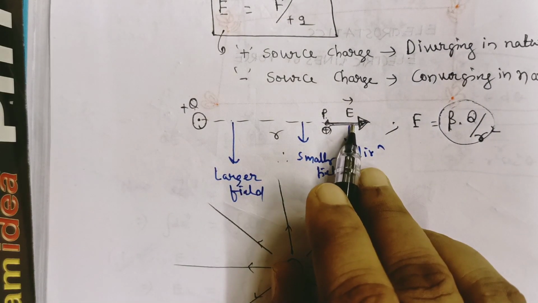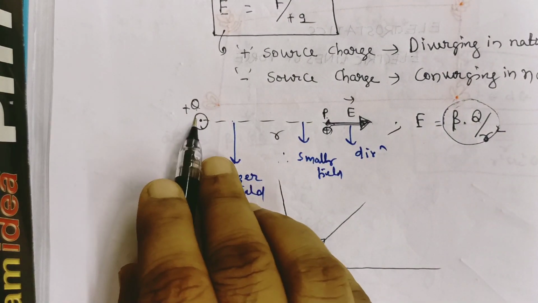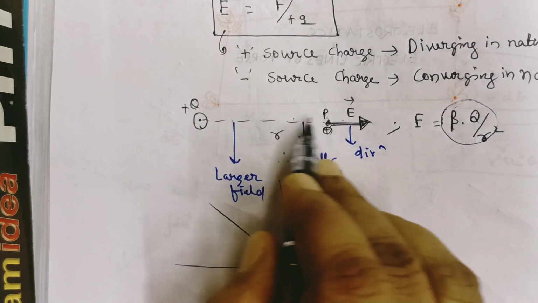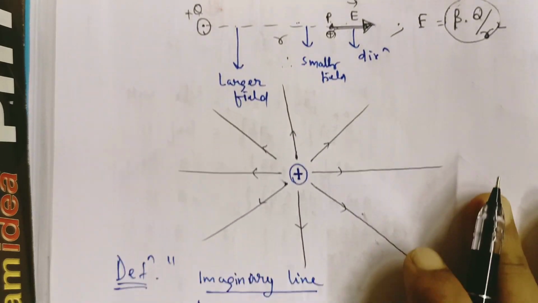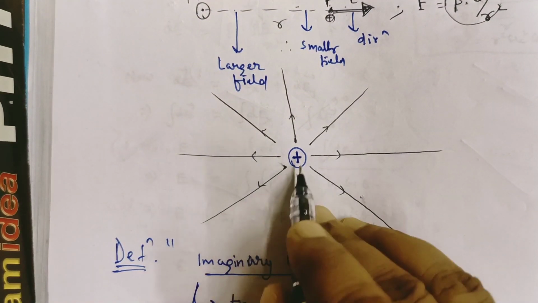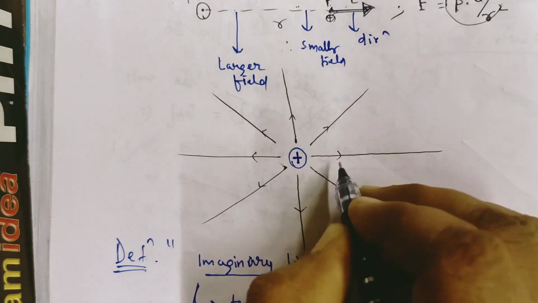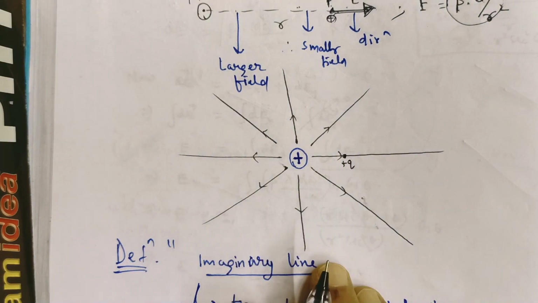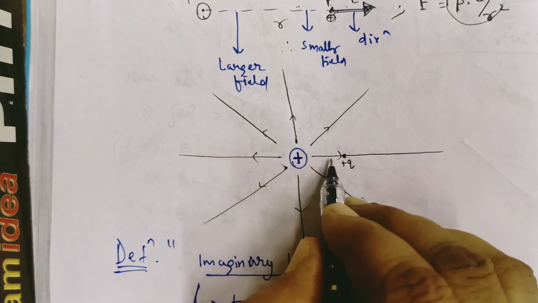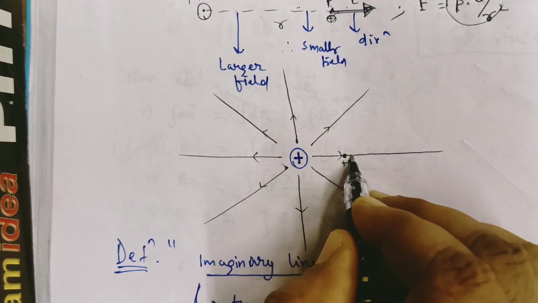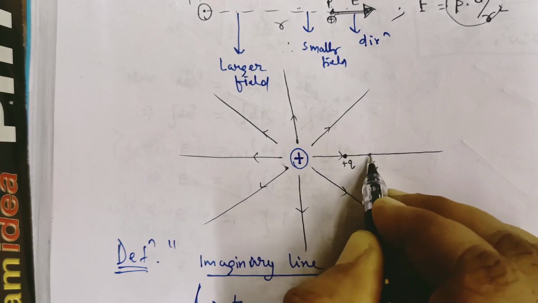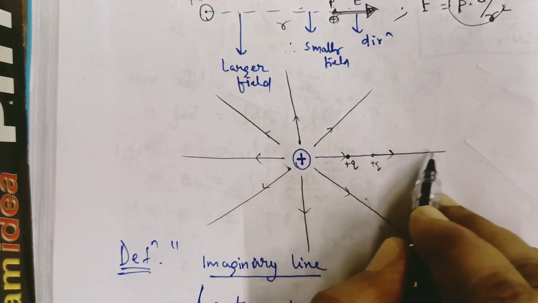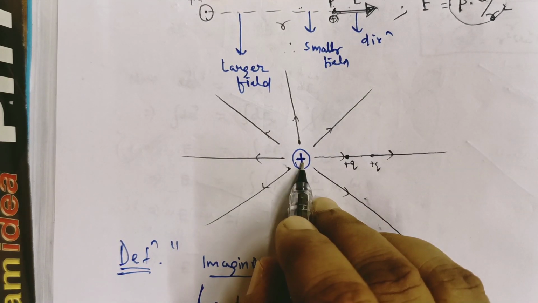And the direction of intensity is diverging for a positive source charge, and for a negative source charge, the direction of intensity will be inward or converging. Now you see how we will make the pictorial representation. Here is a positive source charge. Now keep in mind there is a positive test charge. Then this positive source charge will repel this test charge. Then it will come here, then again it will repel. In this way, the test charge will move by the repulsive force of the source charge.